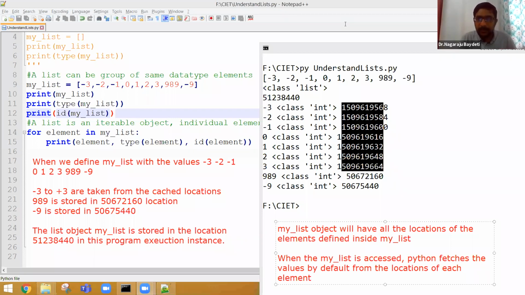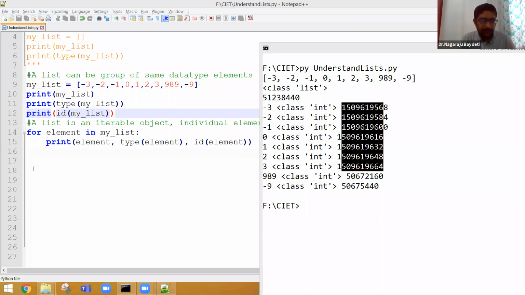Let me clear all the drawings. A list is not like an array in C language with respect to memory organization.